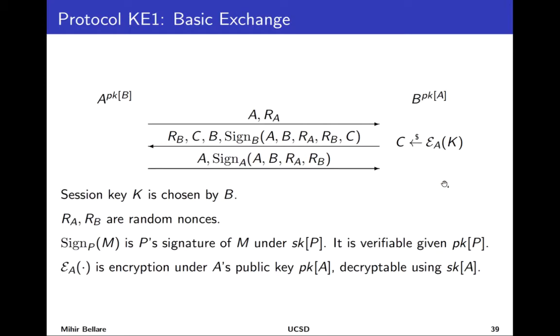Okay, so now at this point, Alice has K and Bob has K. So you would think, we're done, we have a session key. But there's a final step in which Alice effectively confirms this by sending her identity and a signature of the nonces and identities together. And this is effectively saying,